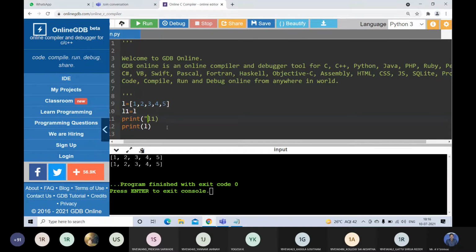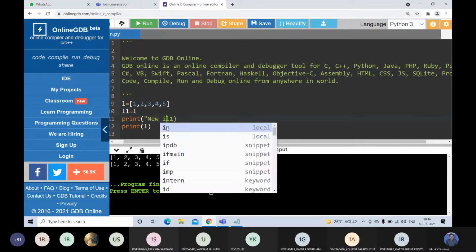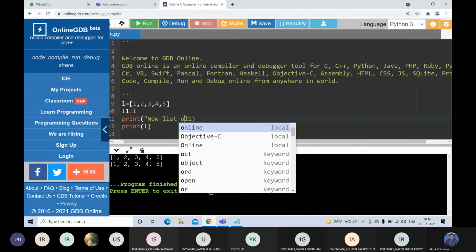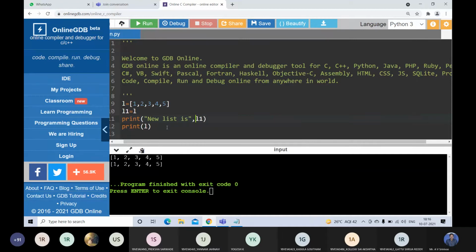Suppose here I am writing new list comma L1, and this is my old list. Now L and L1 are both the same.